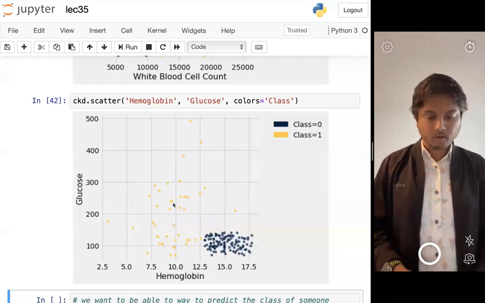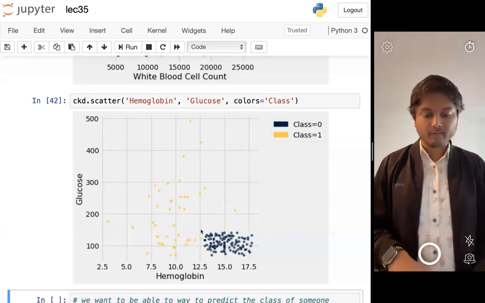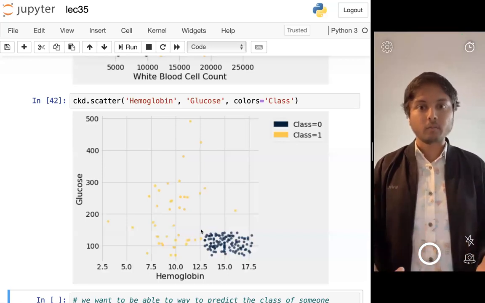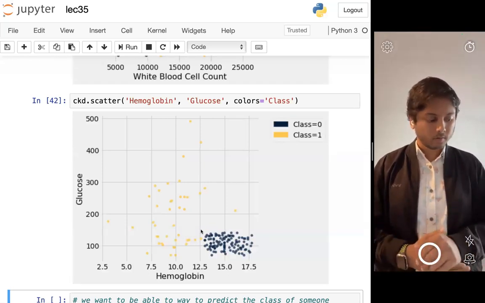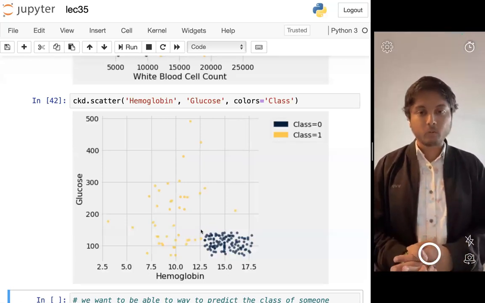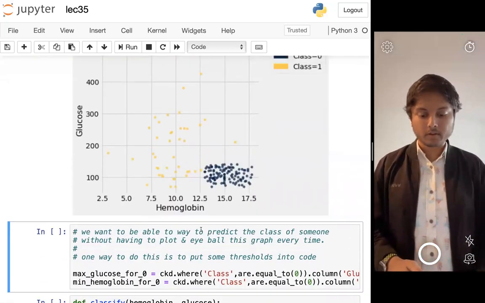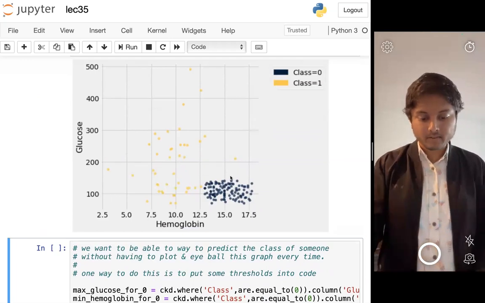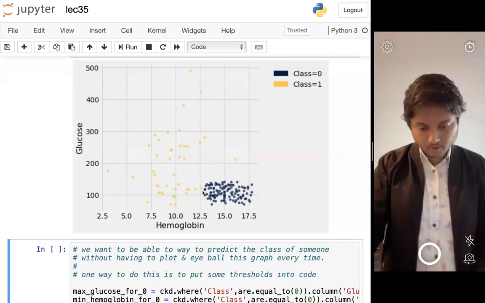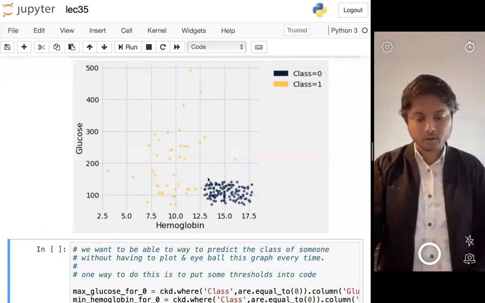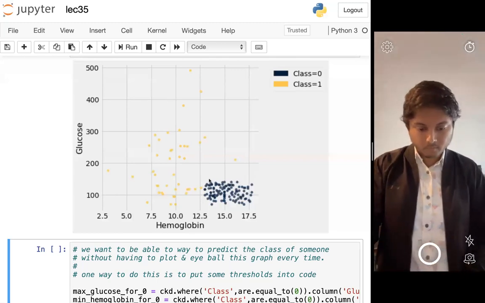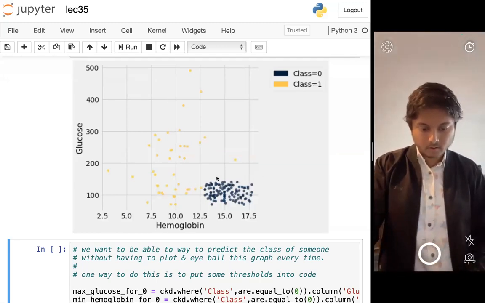And so let's say that now we have this and we wanted to create a mathematical model to predict the class of somebody who's new. So one way we could do this is we could try to find this kind of area here where you have that transition between blue and gold. So if I put my cursor along this thing, it looks like I need to basically figure out